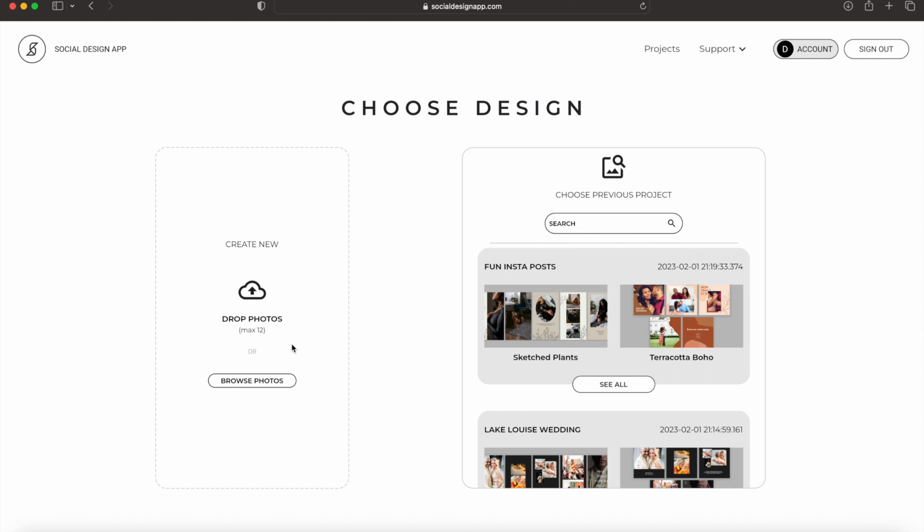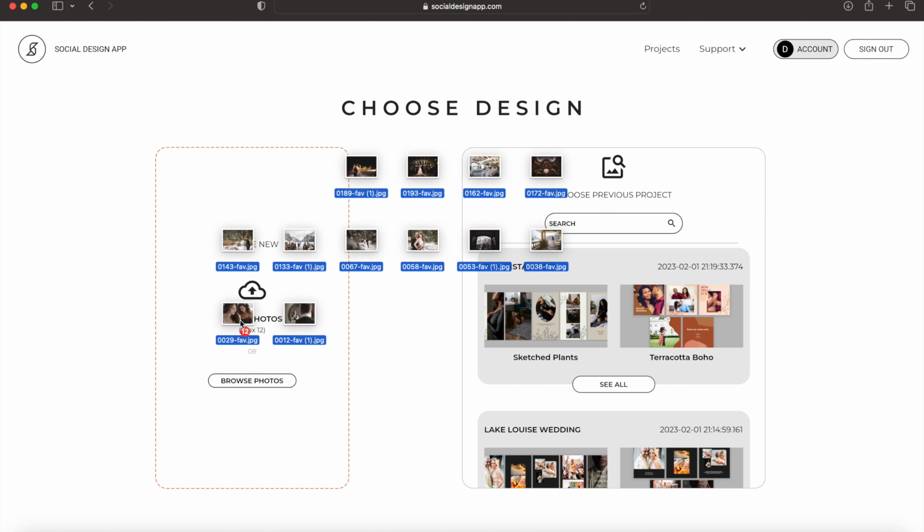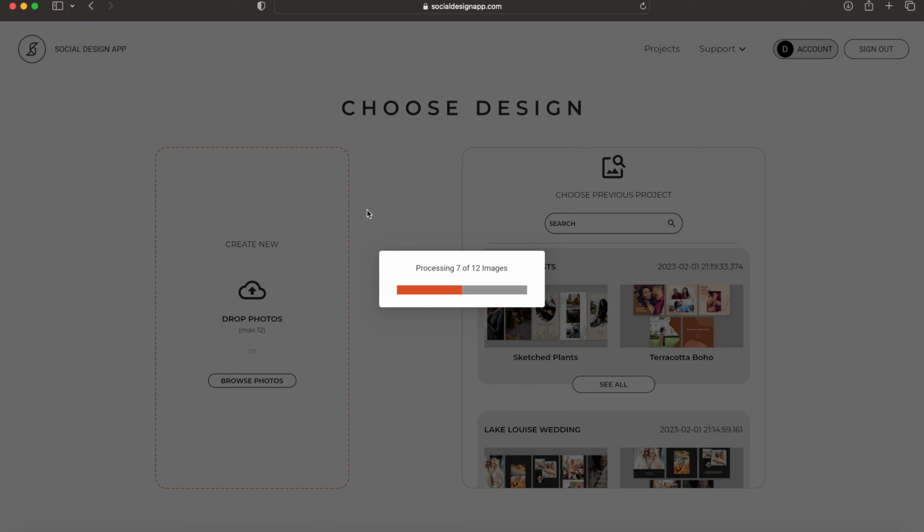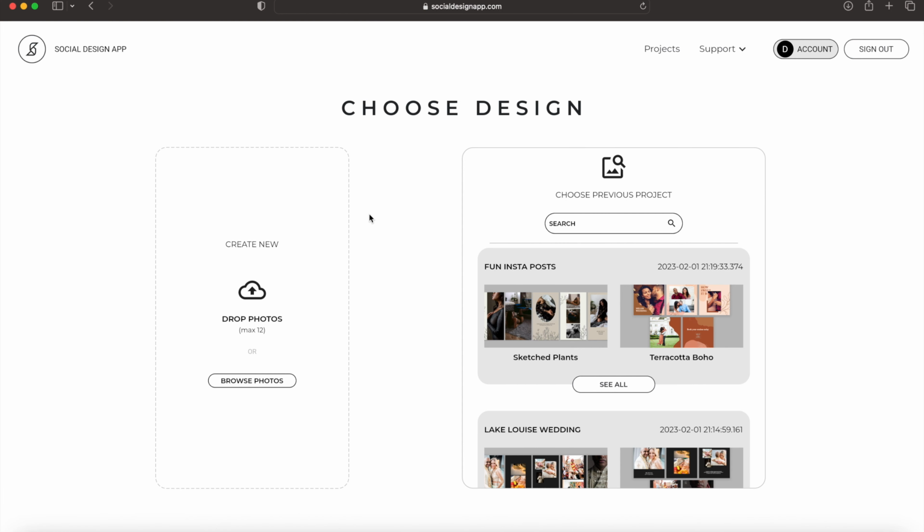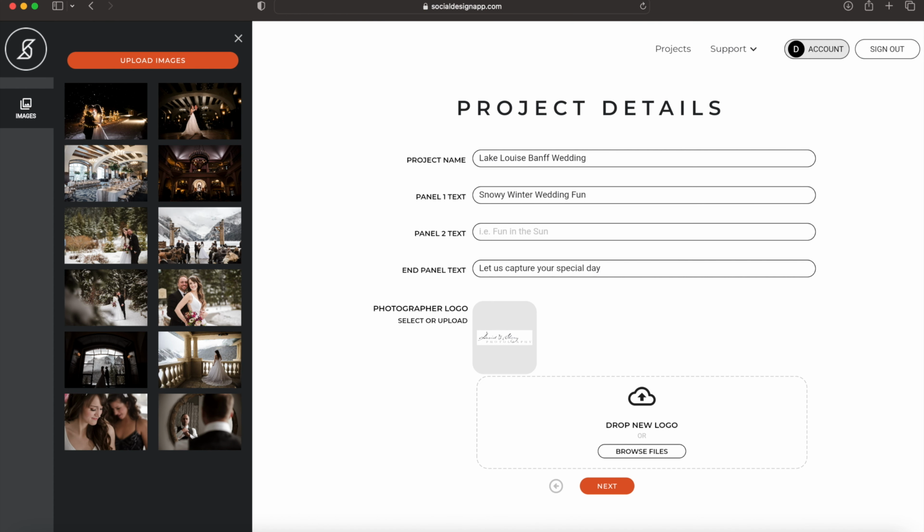Sweet. Well, of course I'm going to upload 12 photos because, as my wife says, I always jump in with both feet and go to the max with whatever I'm doing. So 12 it is. Next, I'm prompted to add some text, which goes along with the project that I'm working on. Add a logo file, and the logo file saves to your account so you don't have to upload one each time. And this will be super handy when they release the mobile app so that we can have logoed